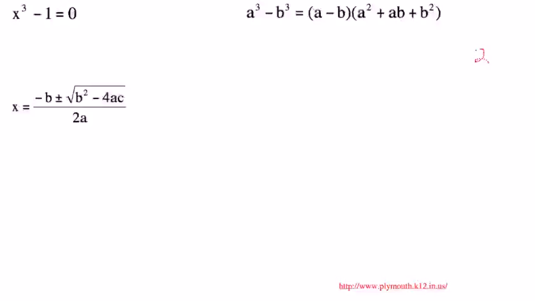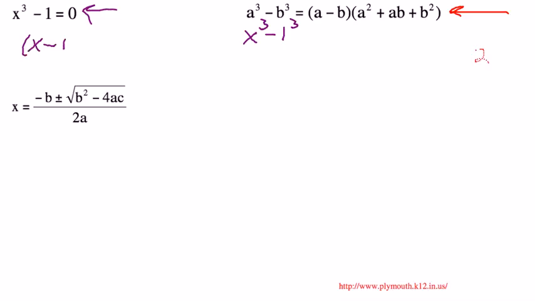And I want to solve the problem x cubed minus 1 equals 0. Now, the way that I'm going to do that is, if you look over here on the right, I have printed out for you the formula that you use anytime you want to split up the difference between two cubes. So, in my problem, instead of a cubed and b cubed, I have x cubed and 1 cubed. So that means that the x is taking the place of the a, and the 1 is taking the place of the b. And I'm going to take this formula and I'm going to split up x cubed minus 1